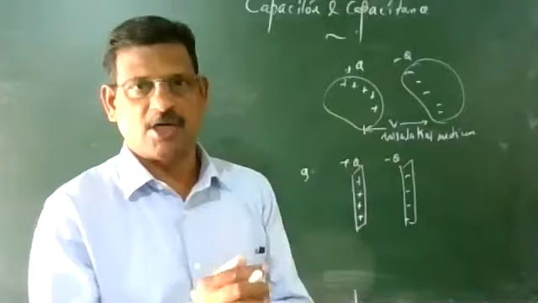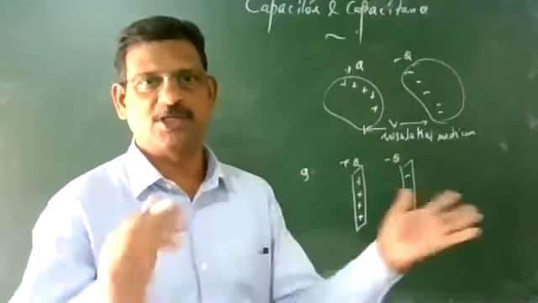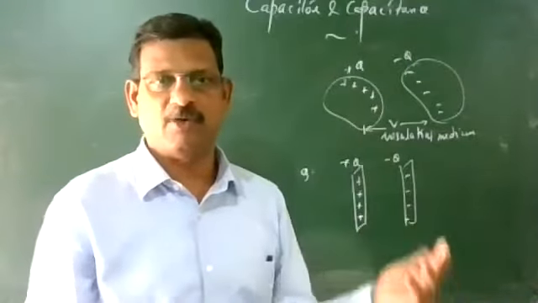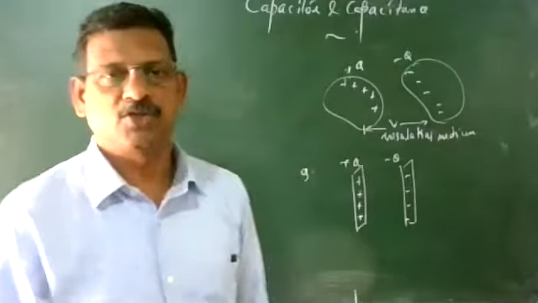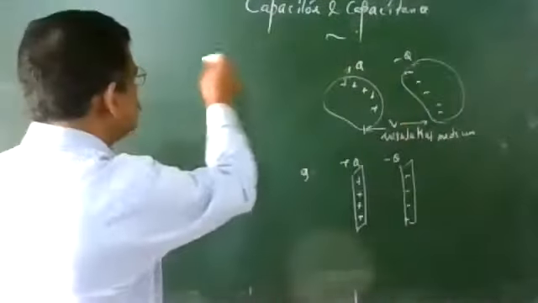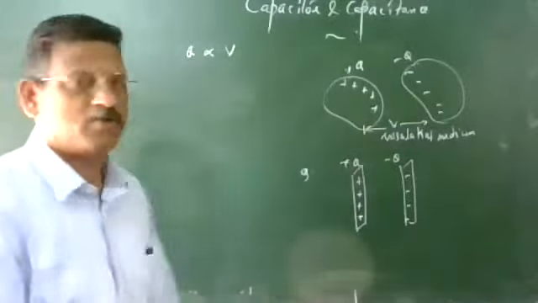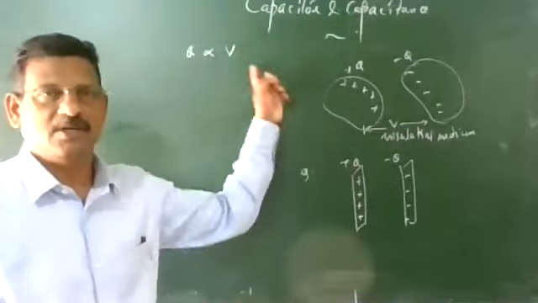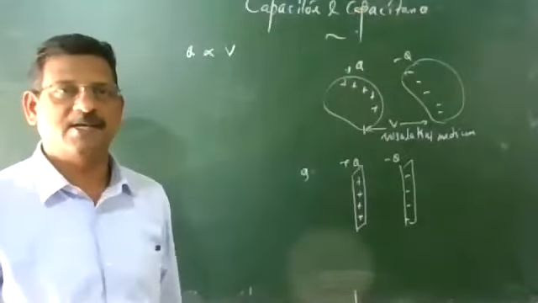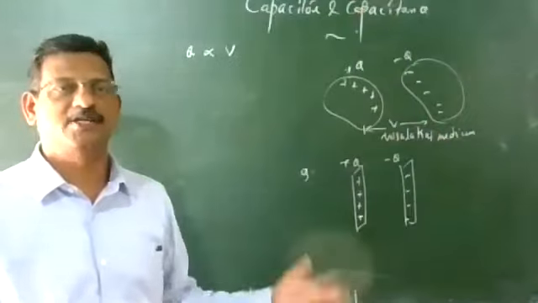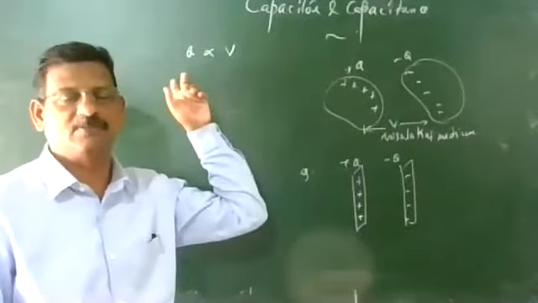The electric field is there in between the conductors. The potential difference depends upon the charge. When charge increases, potential difference will also increase, and E equal to V upon d, so the electric field also will increase. So the charge is directly proportional to the potential difference across the two conductors. As we increase the charge, the potential difference will increase. We write this fact like this.